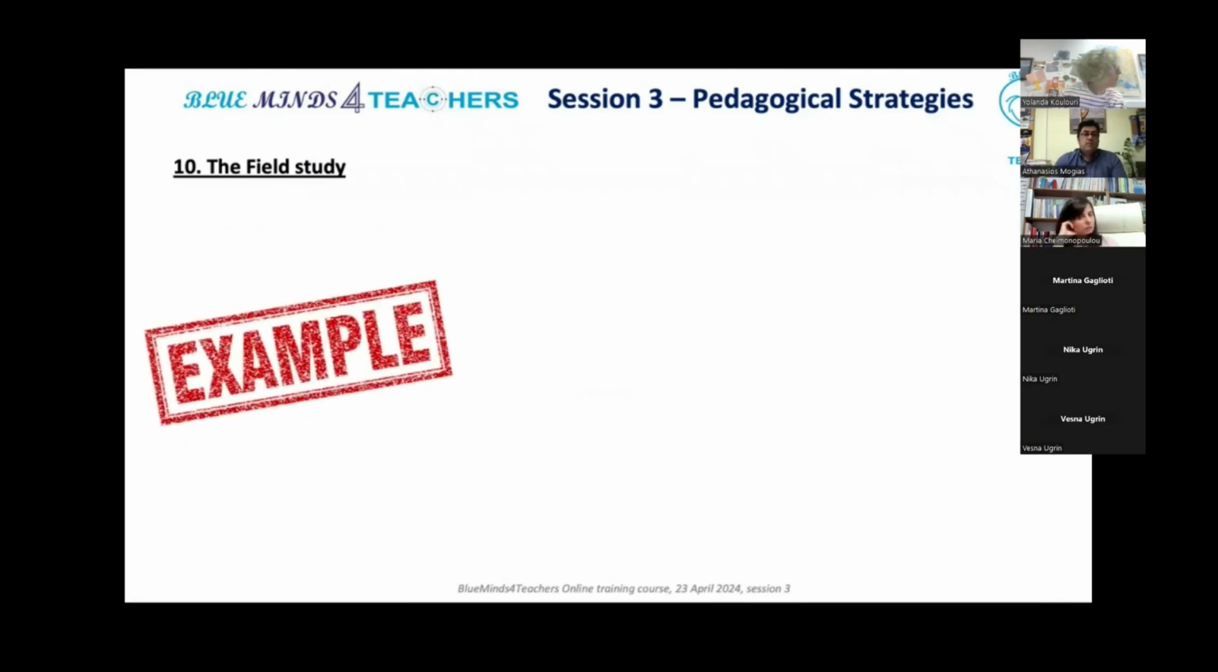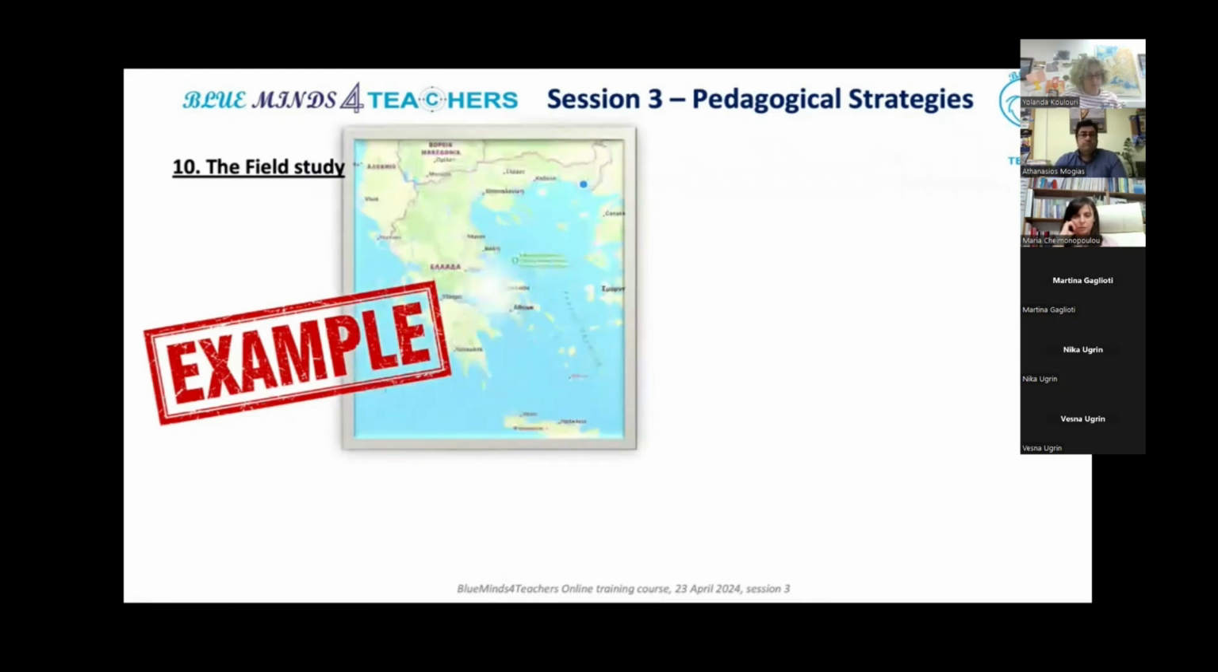Here is a simple example. Our environmental group is planning to explore the benefits that actually derive from a certain